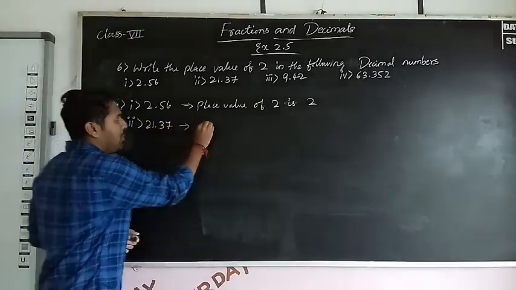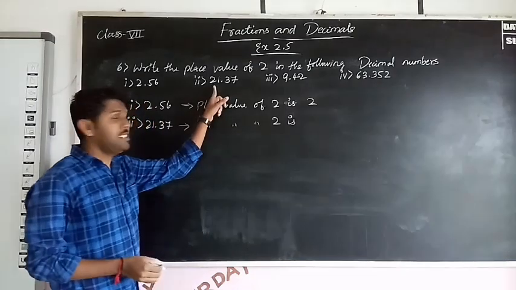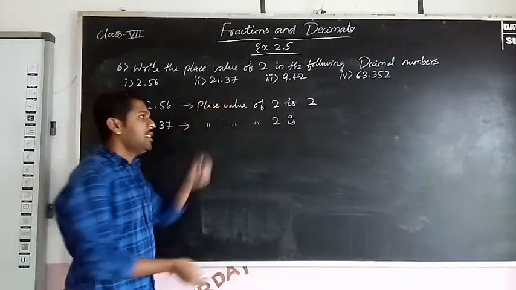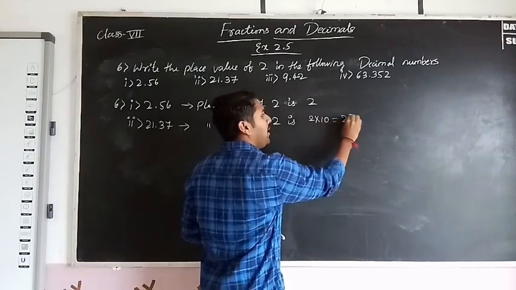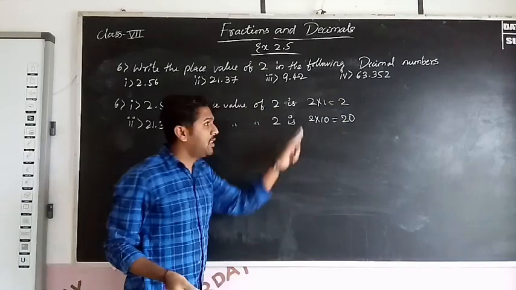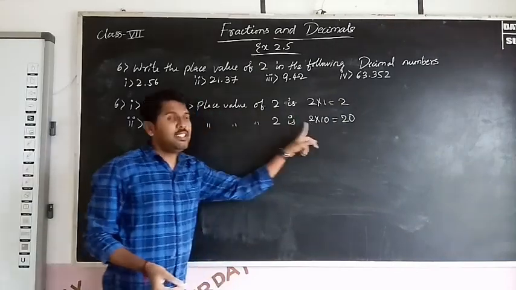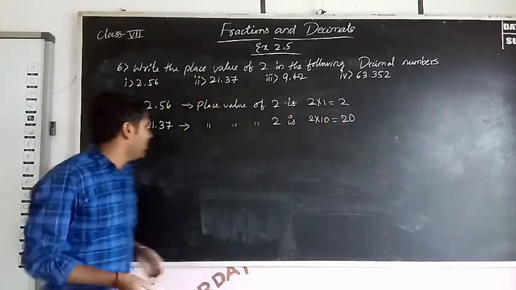21.37. So place value of 2 is, so here 2 is in tens place. So that is 2 into 10. That is 20. Here 2 into 1, you will get 2 only. That's why I have done only 2. Here 2 is in tens place. That's why 2 into 10. That is 20. So next third one,